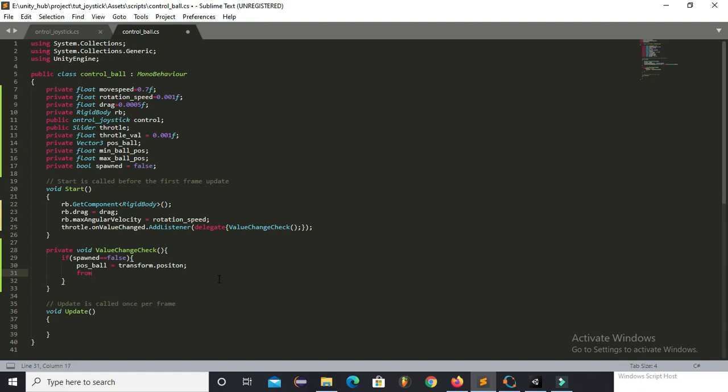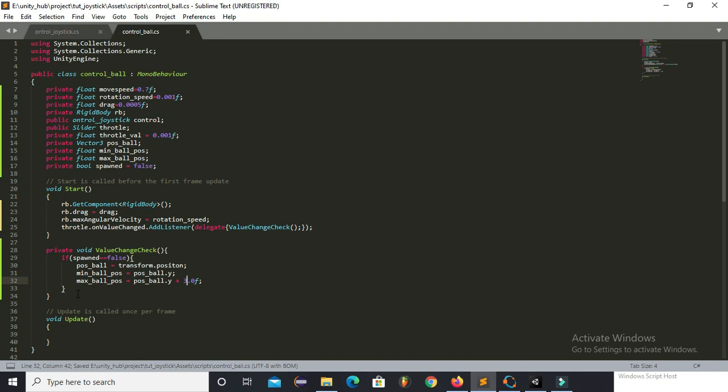And now here, this will store the value of the y coordinate to the minimum value, and the maximum value is up to you, that is, up to how much height you want to raise the sphere. So here I'm using only 1.0f. I think it is enough. Okay, if I change it to 3.0, it is enough.